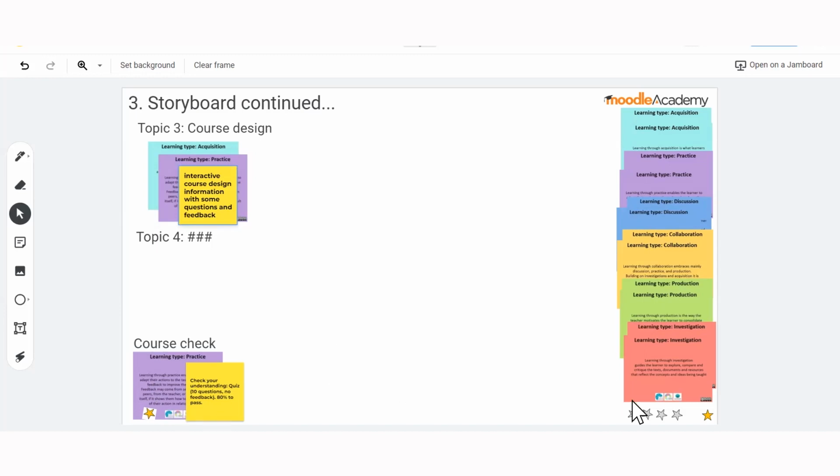So yeah, and then the stars that I did mention before are here, and you can just do the same to duplicate and then drag them on. So this is going to have formative feedback because it's going to have questions with feedback in there. So it needs a silver star. And yeah, that's as easy as it is to do this stage.